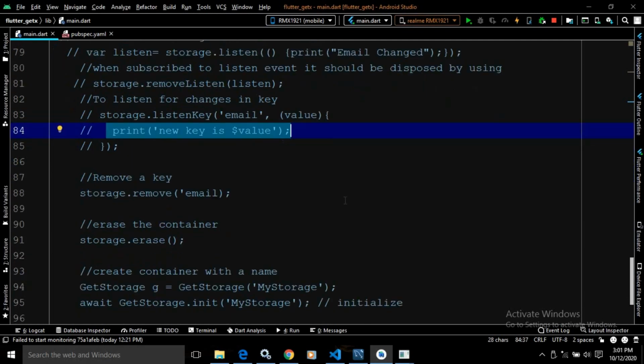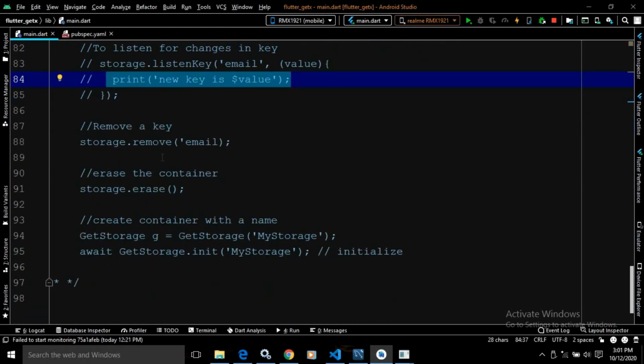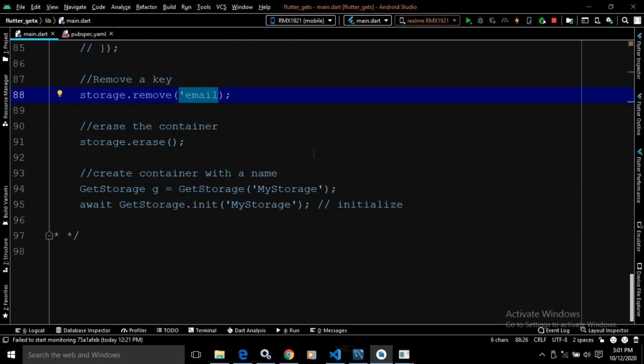If you want to remove a key, then we will use the remove method, storage.remove, and after that the key name. If you want to remove all the values, at that time storage.erase. Once we call this method, all the keys which have been stored in the storage will be erased.